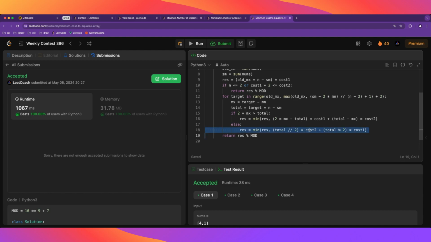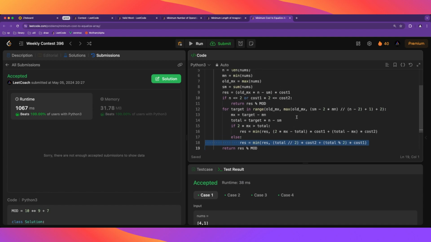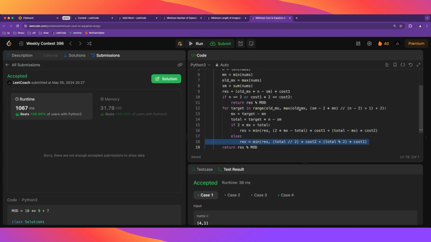I felt it was easier to do this way. But yes, you could definitely stop before this condition is false, and then